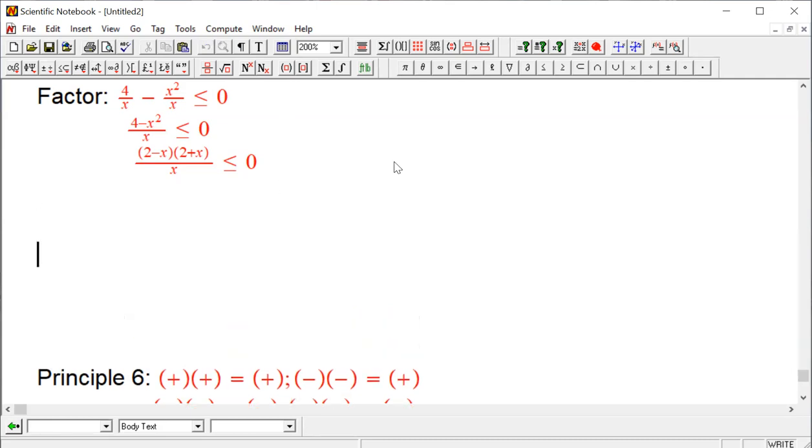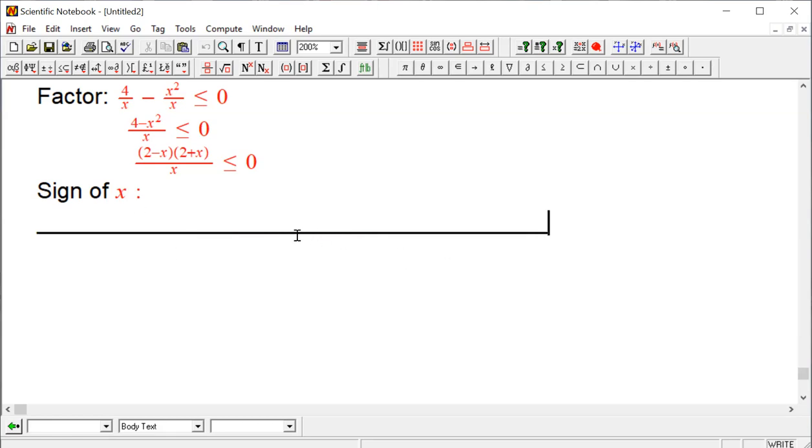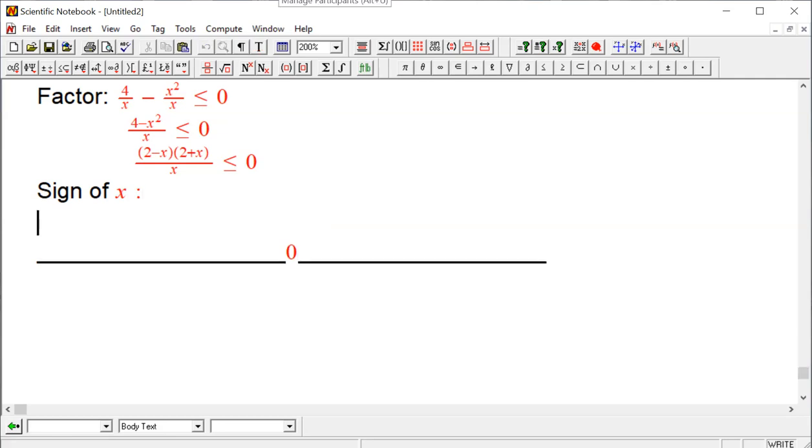So you can see the sign method, even though it takes time, it's just very visual. So we're going to look at the sign of x. No problem, right? Sign of x, we've done that, right? It's equal to 0 when x is less than 0, so this is going to be minus sign, right? 0, positive sign. Boom. You see, it's very straightforward, right? Now,